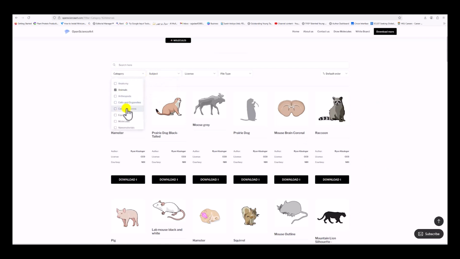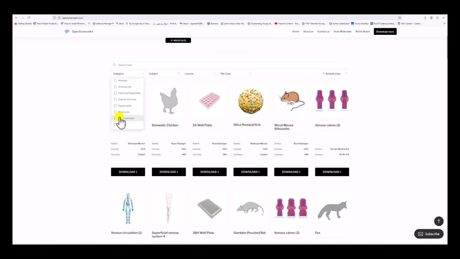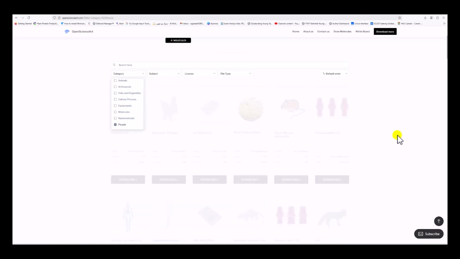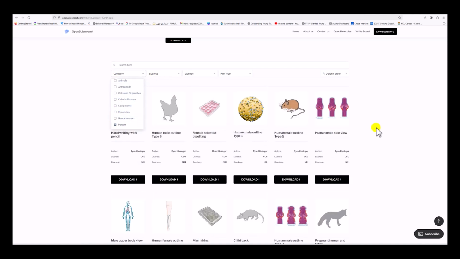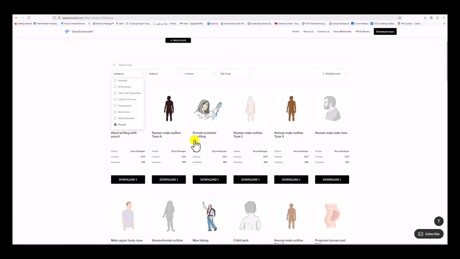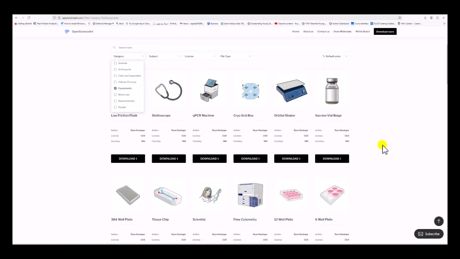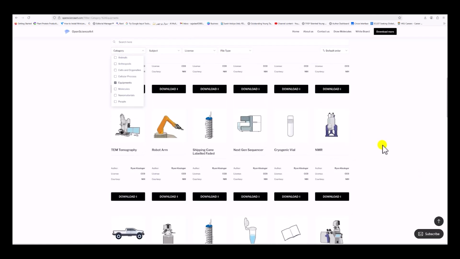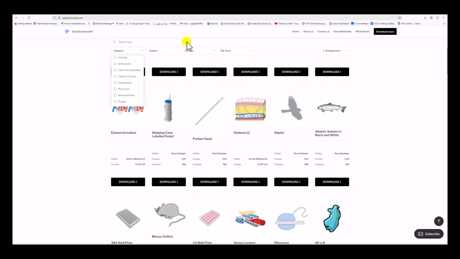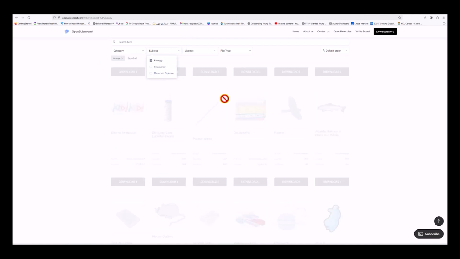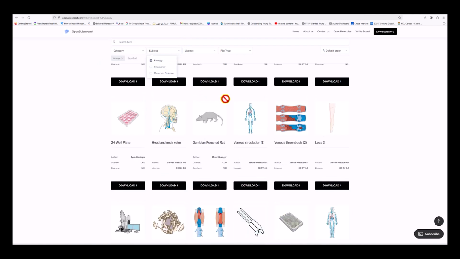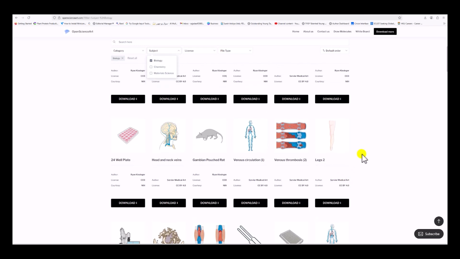Then, for example, I want something about people, so you can see different people, and here you can also see equipment. These are the categories. You can also choose by subject: biology, chemistry, and material science. If I click biology, then I can see all the stuff related to biology.